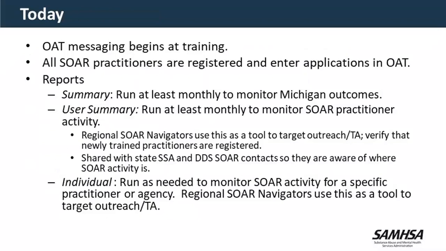So going forward, we require, as part of the Michigan certification process, when someone is certified, that they sign a waiver saying that they will be tracking all of their outcomes in OAT. As soon as they get their certificate of completion for the online class, we let them know that OAT is available. We provide the registration link and follow-up details on how to register.